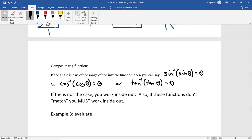And for A, we're going to have the inverse sine of the sine of pi over 4. Now you might be thinking, well, could you do the sine of the inverse sine of pi over 4? The answer is no. You cannot do the sine of the inverse sine of pi over 4 because with inverse